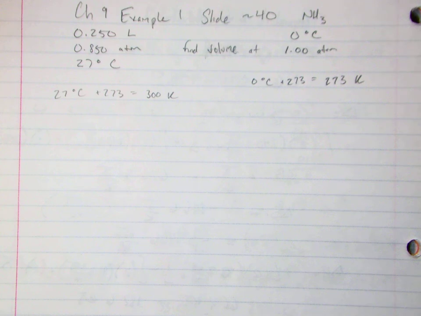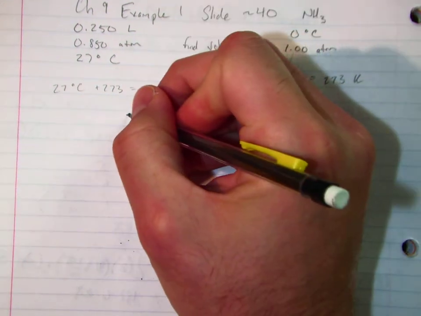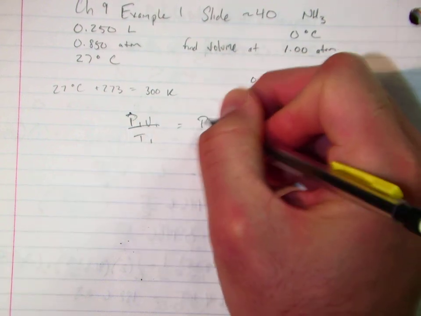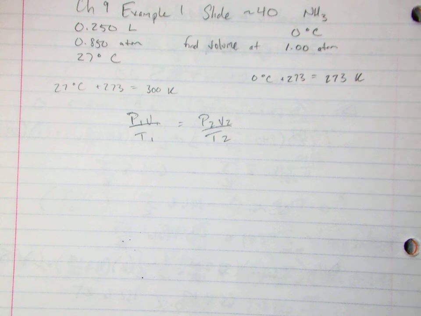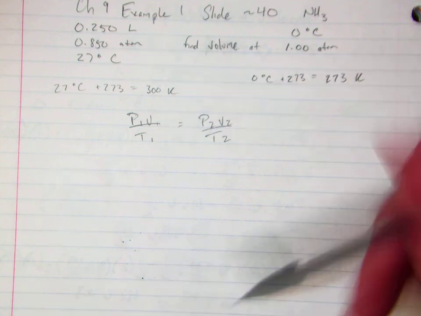After that, I can use the modified version of the ideal gas law, which is P1V1 over T1 equals P2V2 over T2. Okay? And then it's just a matter of putting the units in the right place. I'll consider 1 to be my initial conditions. So P1,